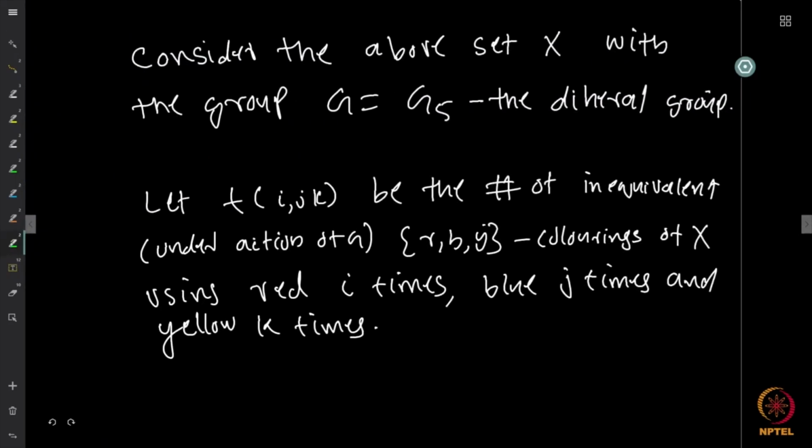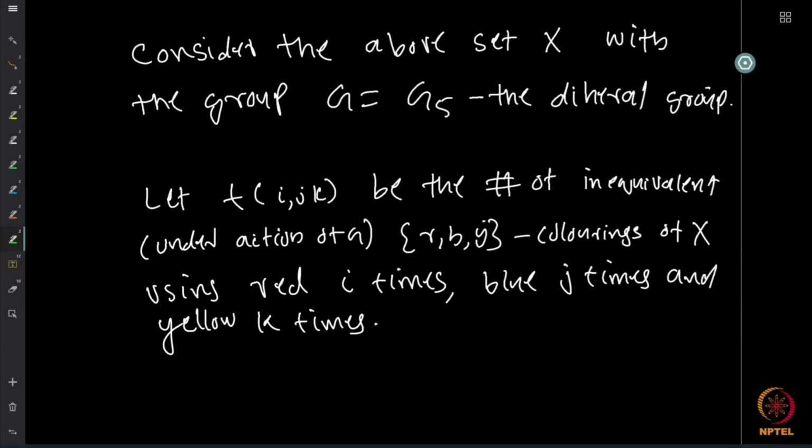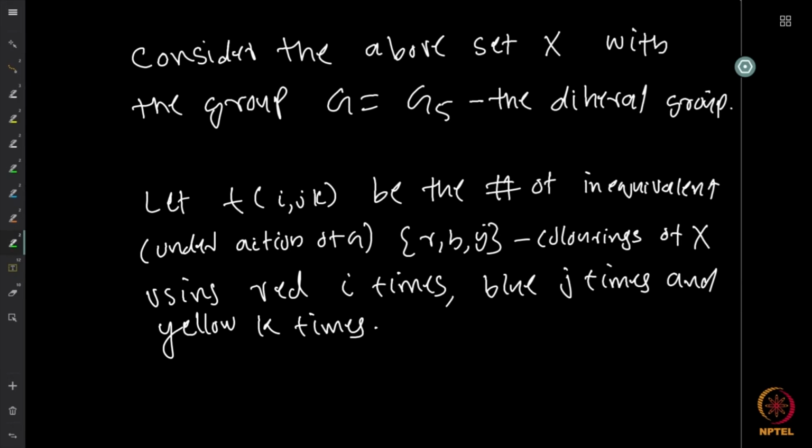Now, consider the same set that we are looking at, where we consider the group which is the dihedral group, of all rotations and reflections. Now, under this, let us talk about, by denoting by t of I comma j comma k, there is a comma missing here, I think, the number of inequivalent colorings